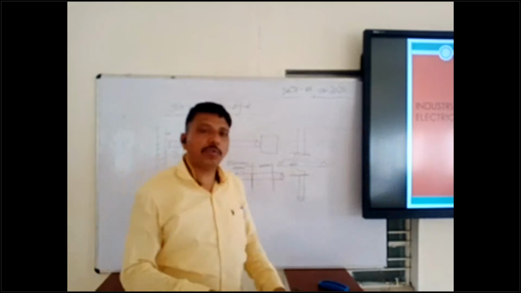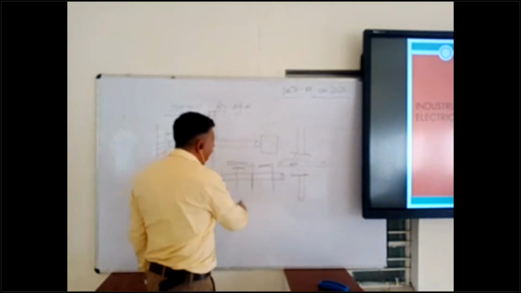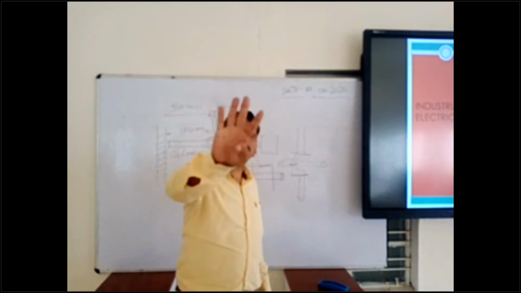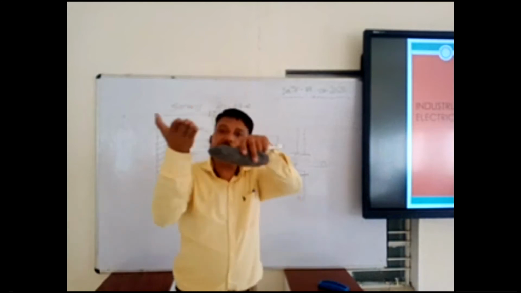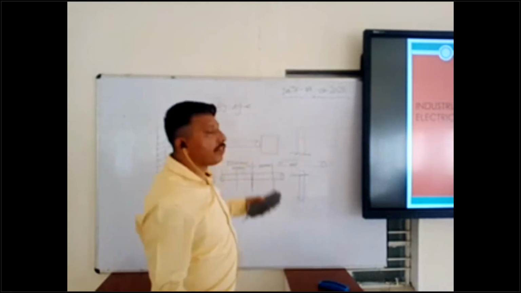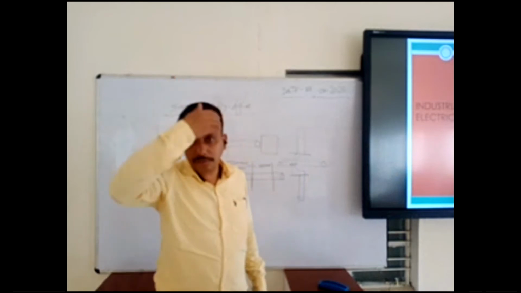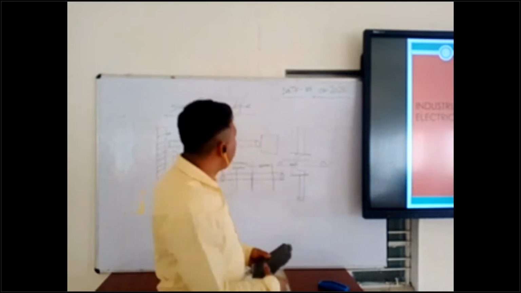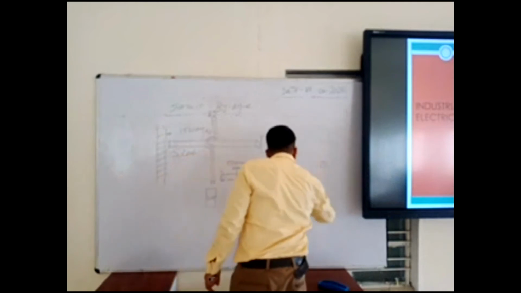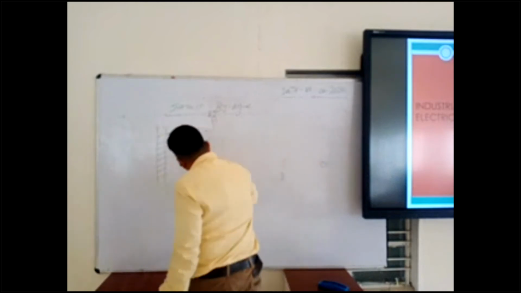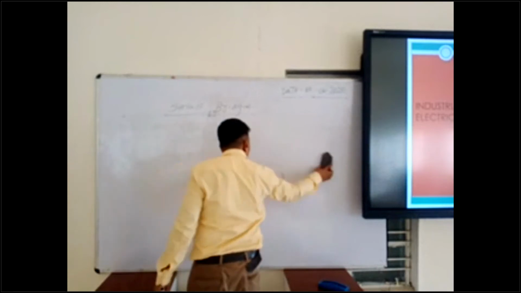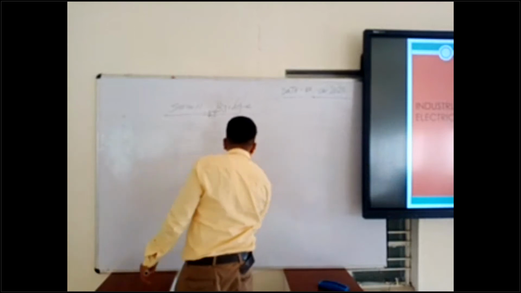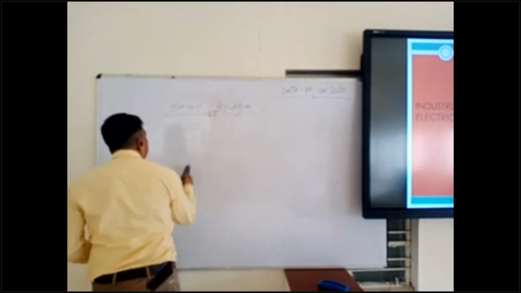For a small bridge, we can use it where a maximum of 1 or 2 pipes are crossing. If 3 or 4 pipes are crossing, then we use a long bridge, not a small bridge. I have explained the long bridge also, okay? Now the small bridge is completed. So next one is the long bridge.